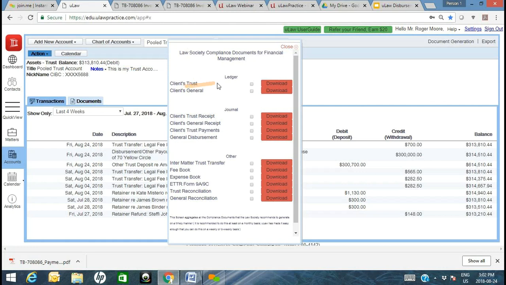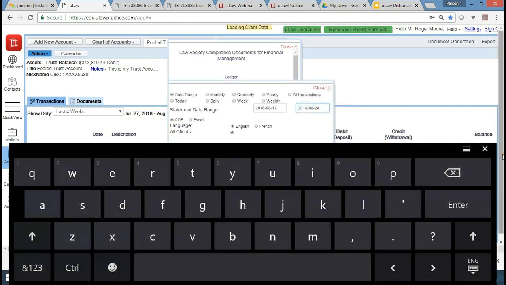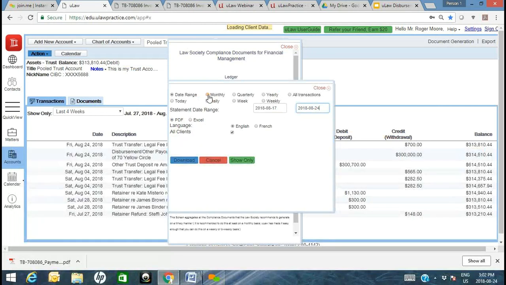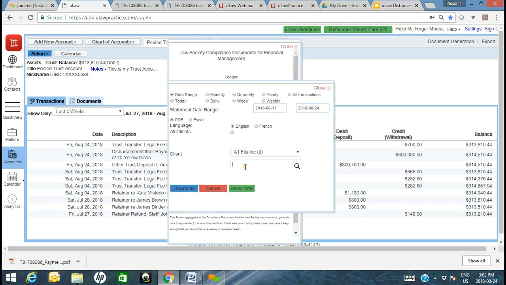So if you look at the general ledger, because there was no trust involved, you can do that for the entire month, or you can generate it even for a specific client. I can say Timothy Blake,